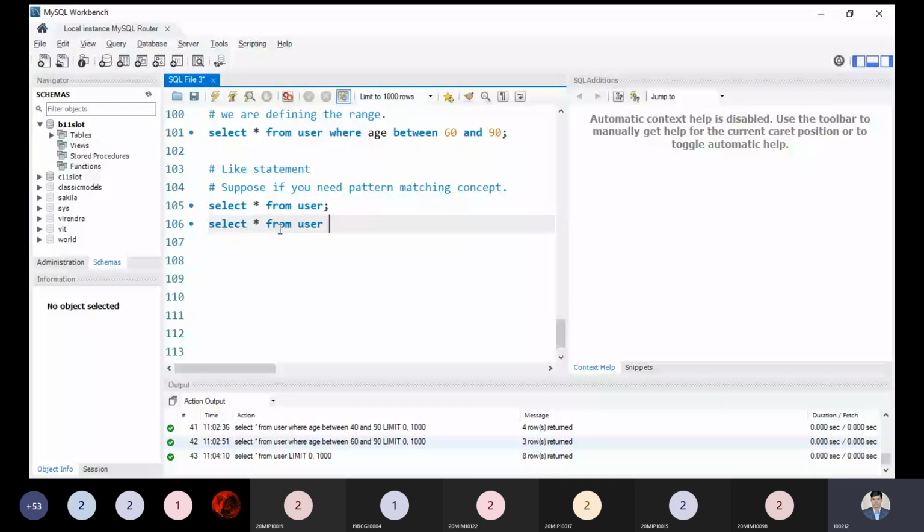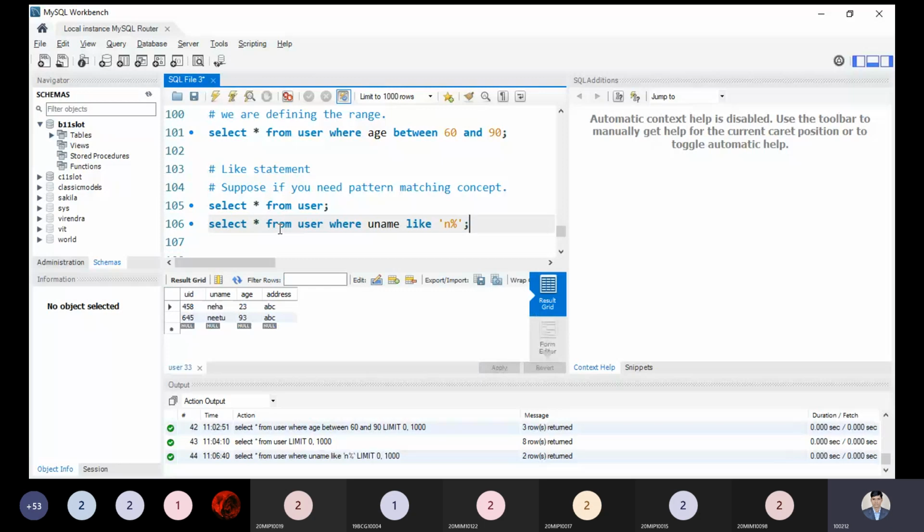So I'm just putting a condition where name, okay, name, that is an attribute name. Name LIKE 'n' and the rest of the letters could be anything, so I'm using the percent symbol. The percent symbol is saying to us the first letter should be n, and we don't know about the other letters. Other letters could be anything, a, b, c, d, but the first letter is fixed, that is n. So if this information matches our pattern, we will see what we are getting.